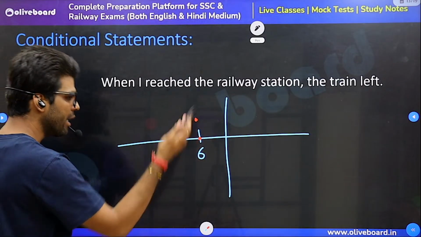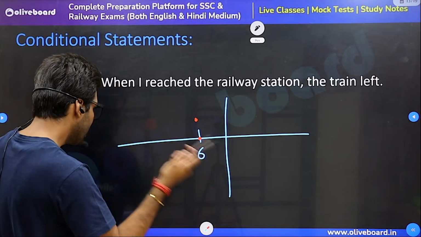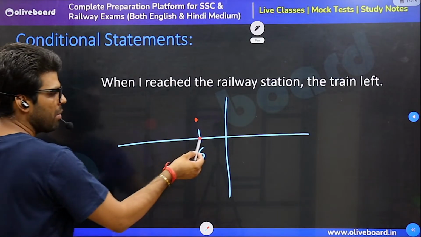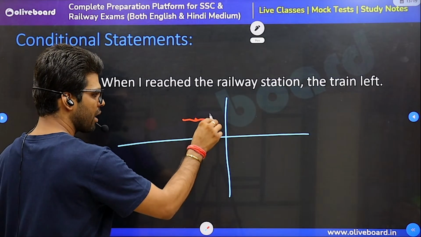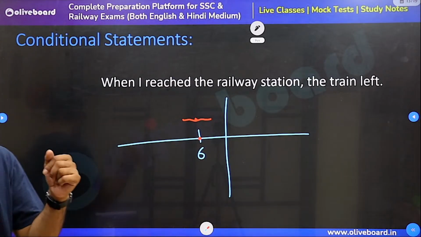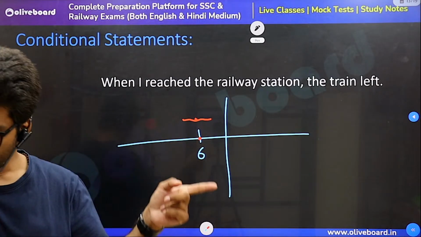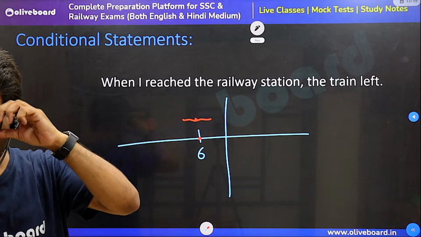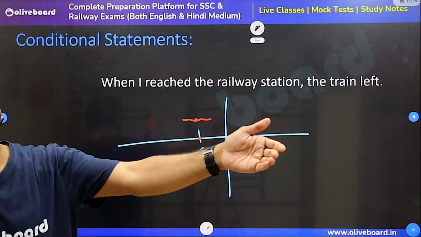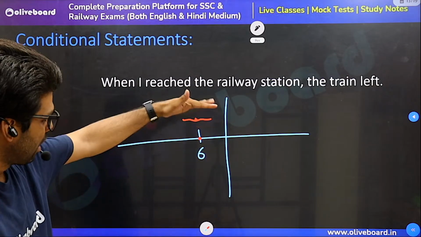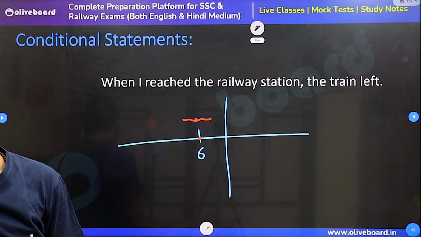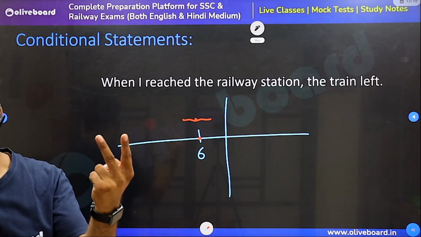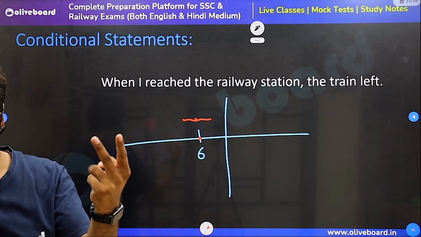When I called him, he told me, both the actions happening at the same time. First point. Second possibility: maybe one action at a point of time, the other action a continuous period of time. Like when I reached home yesterday, my mother cooked food is a possibility, but she was cooking food is another possibility. When I reached home, children were playing in the garden. First of all, a point of time, when I reached home, and another one is a continuous action. When I reached home, I found the lights on, past indefinite. When I reached home, she was cooking food, past indefinite and past continuous.